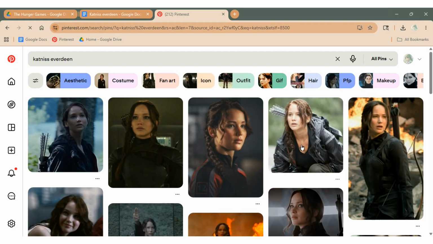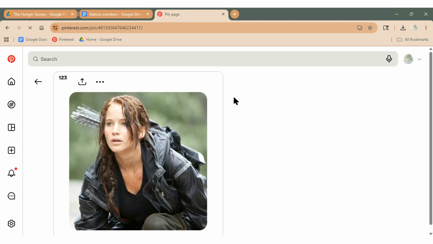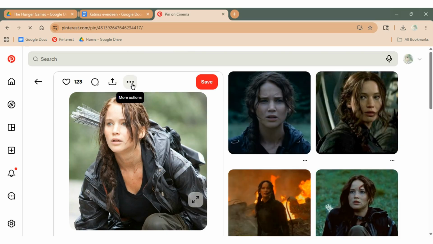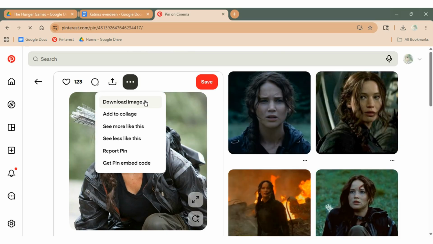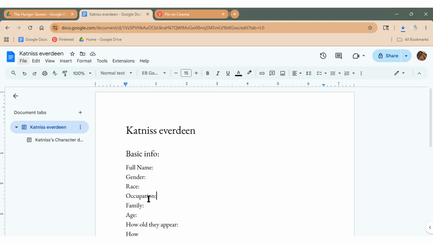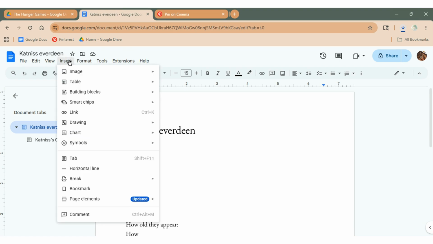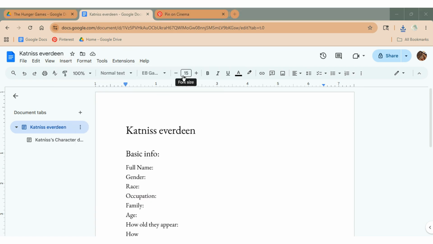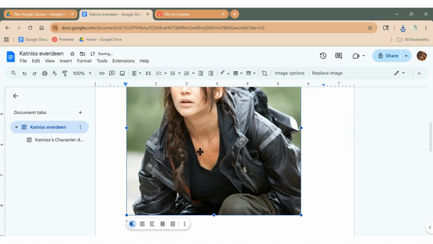Now I just pick a picture, I search it up on Pinterest, find the picture, download that image, and then the next thing is actually really important. We go to insert image and upload from computer. When we upload it from our computer, the thing is going to come up. It doesn't show here, but